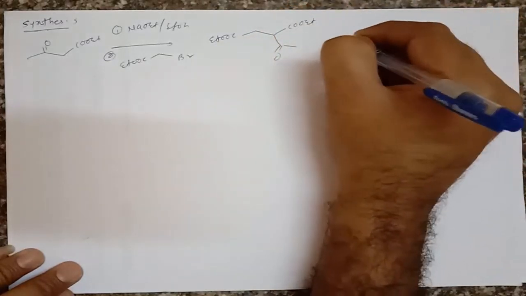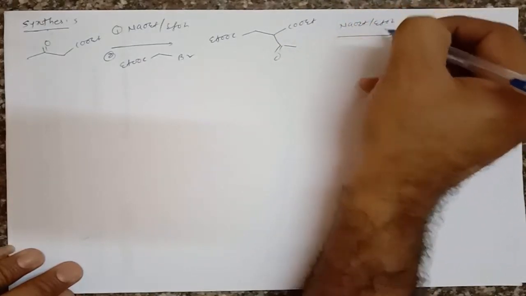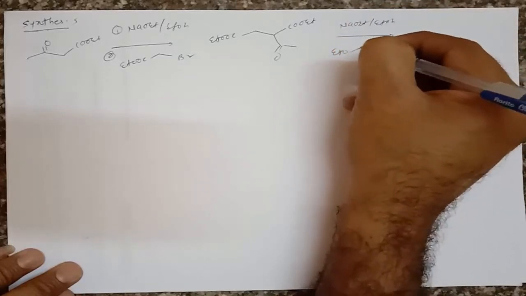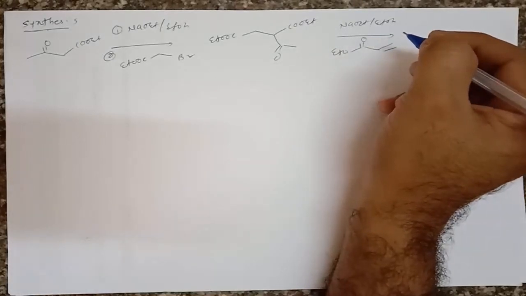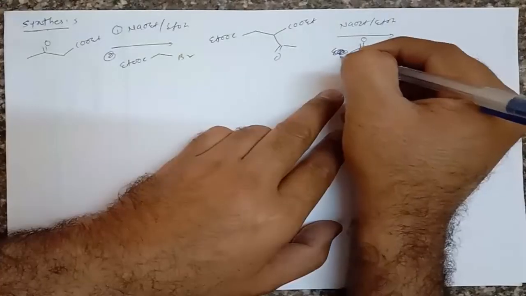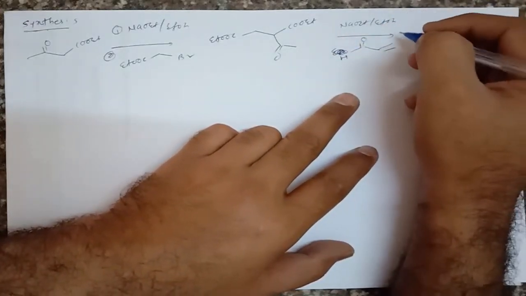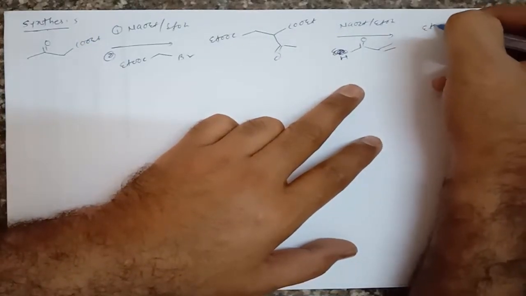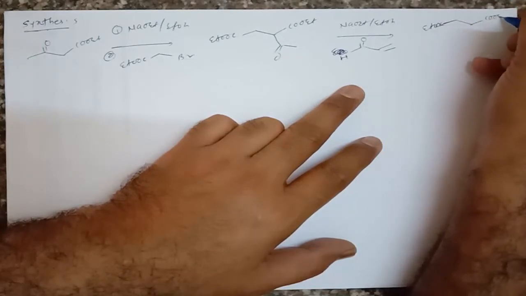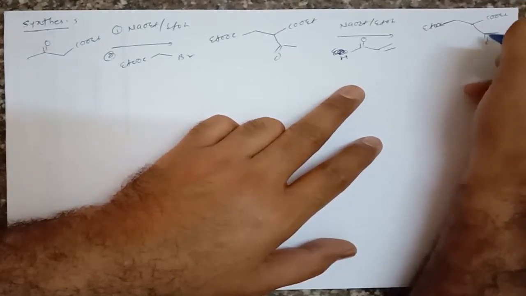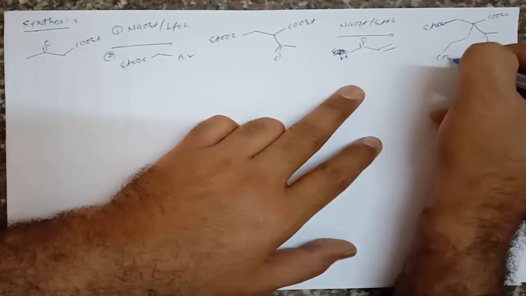Then in second step, we have to treat this molecule again with base sodium ethoxide in presence of ethanol, and then this alpha beta unsaturated ester. And if we treat this molecule with alpha beta unsaturated ester, we have to treat this molecule with sodium ethoxide in presence of ethanol and this alpha beta unsaturated aldehyde. So it gives formation of a molecule in this way, COOAT. Here the ketone will be same, and here is CH2, then CH2, and here is CHO.